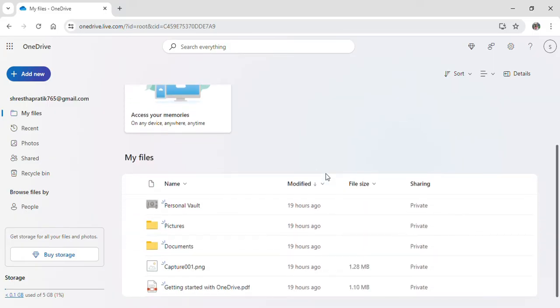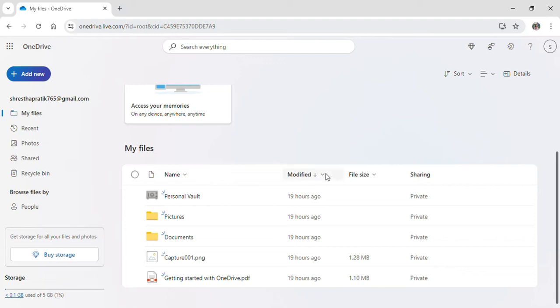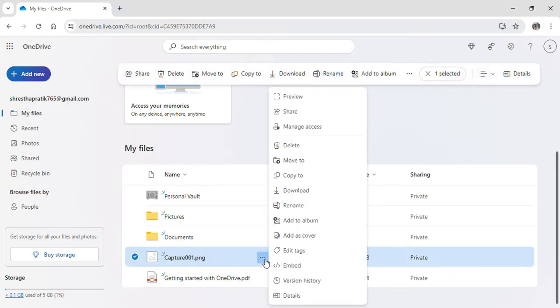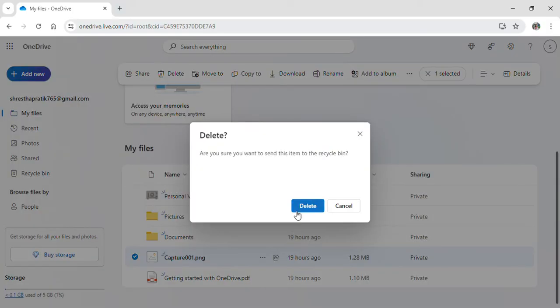Now if you want to delete any files, first of all you have to locate the file that you want to delete. After that, you'll be able to see a 3-dot option like this. If you simply click on this, you can see all of these options appear, and from there is an option for delete as well. Now simply all you have to do is click delete, and after that just confirm your action